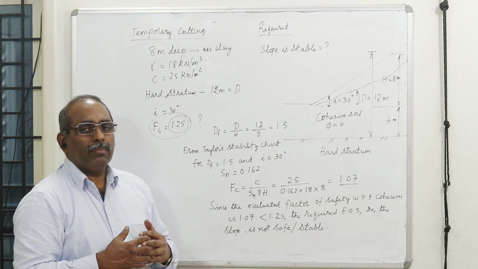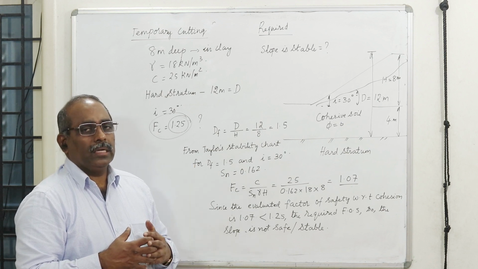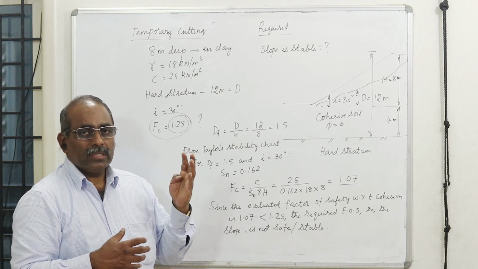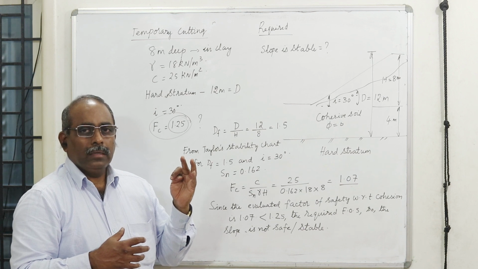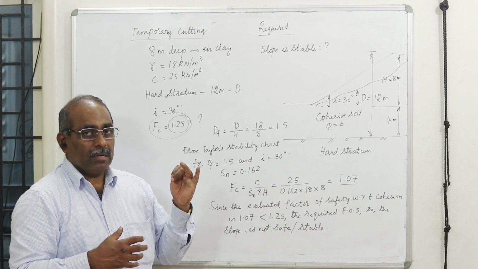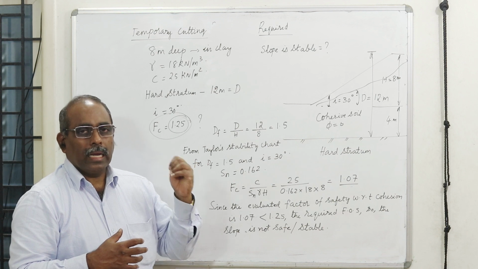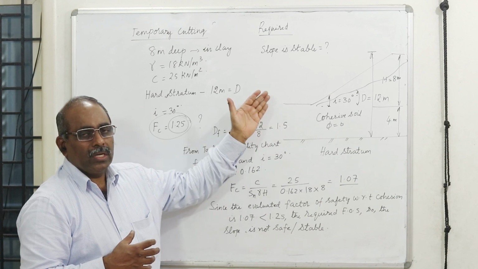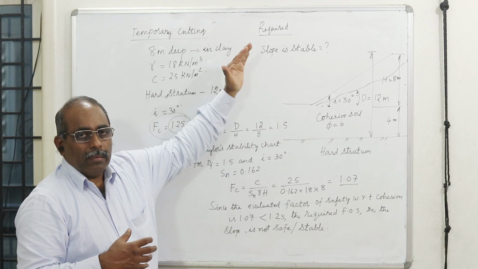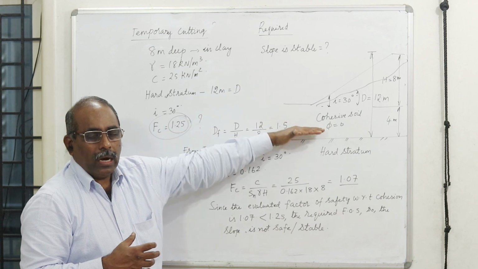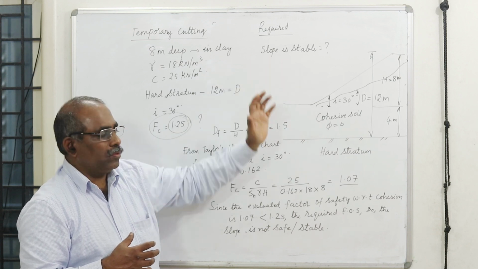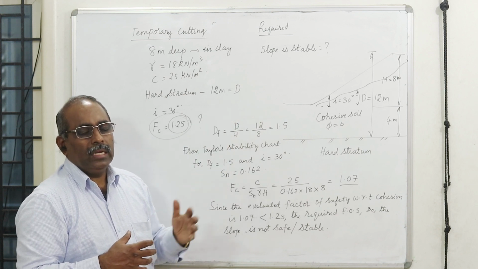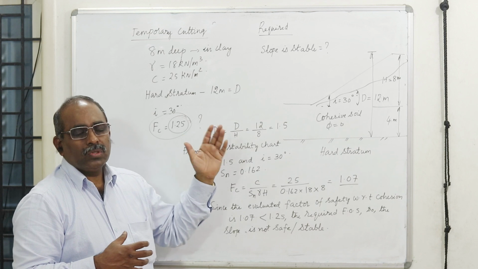And for a purely cohesive soil, we got a sixth parameter in addition to the 3 plus 2, that is, 3 is the angle of internal friction, the cohesion, and the unit weight, that is the material property, and the slope height and the angle of the slope. In addition to that, we have got a depth factor. The depth factor is nothing but the ratio of the depth from the ground surface to the hard stratum below the cohesive soil to the height of the slope. He has developed a relationship between the depth factor and the stability number, and that can be used in solving the problems.